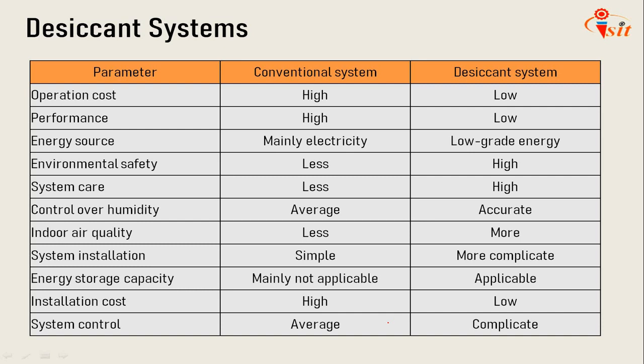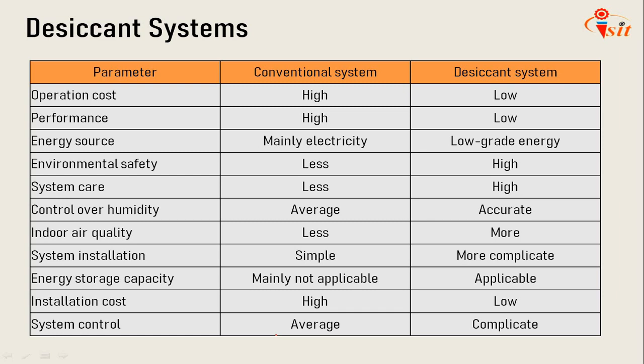Now the comparison between the desiccant system and conventional system, the table is shown here. There are many required properties for any desiccant material selected in open cycle cooling: best mechanical and chemical stability, large moisture capacity per unit weight, low heat of absorption to regenerate, sorption rate, large capacity at low water vapor pressures, cheap cost, sorption at low relative humidity, and finally ideal isotherm shape.